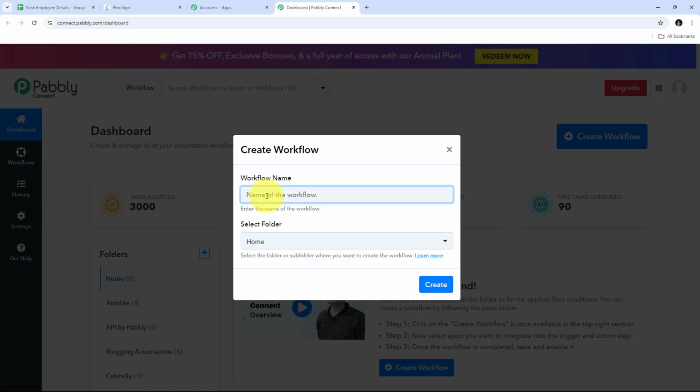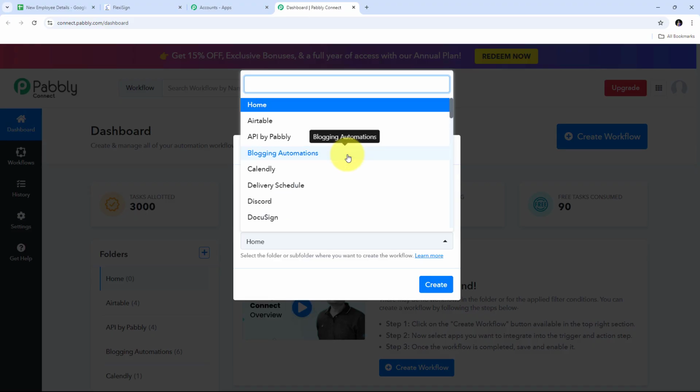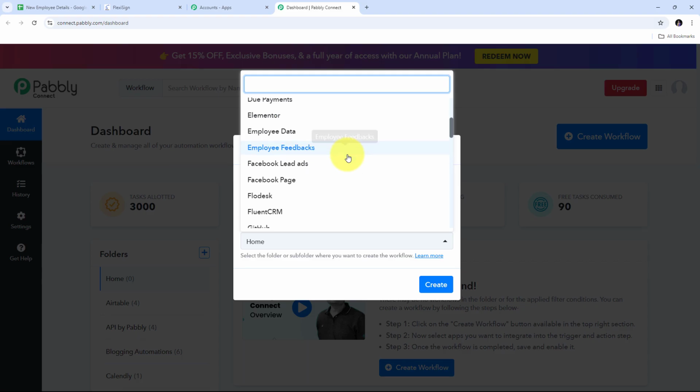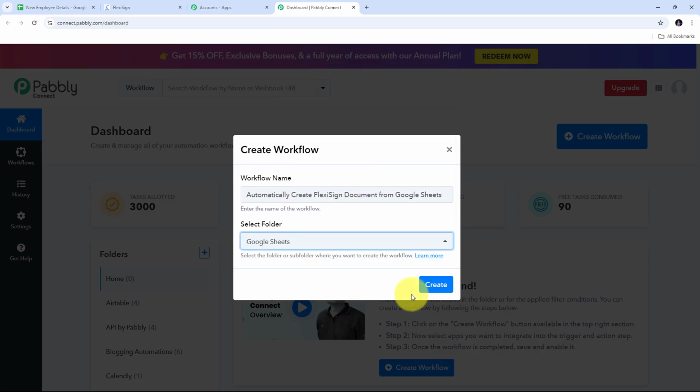Now here I need to name my workflow, so I'm going to name it as my objective, which is to automatically create FlexiSign document from Google Sheets. Now I need to select the folder where I want to save my workflow. So I'm going to open this tab, and here I will find all the folders that I have in my Pabbly Connect account, and here I have this particular folder of Google Sheets. So I'm going to select this, and now I'm going to click on Create,